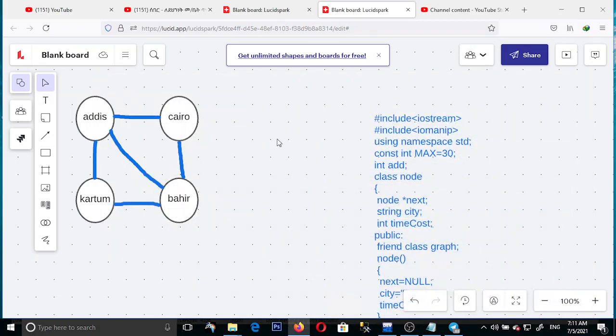Hello, this is the C++ implementation of the graph. We're going to implement this graph using C++. And this graph represents, as I told you in the previous video, the flights between two cities. For example, between Addis and Cairo, there is a flight with a flight time of